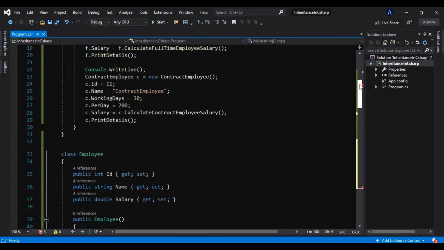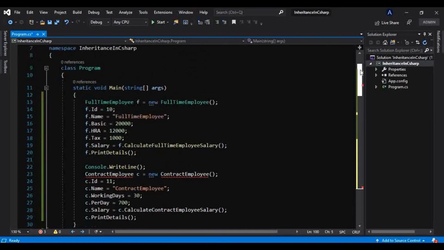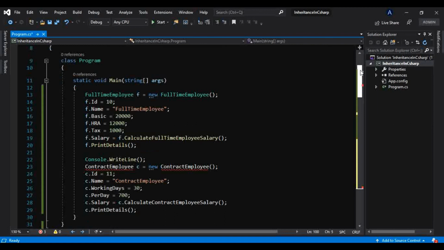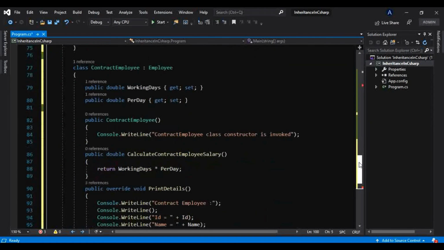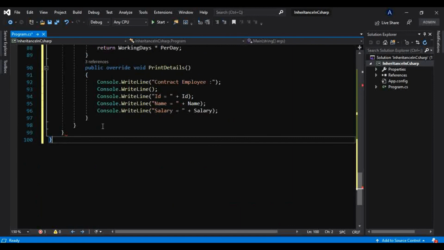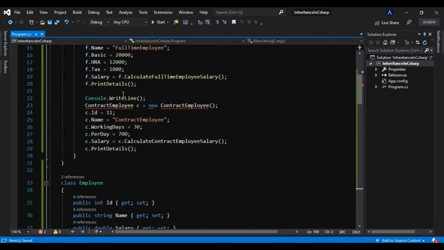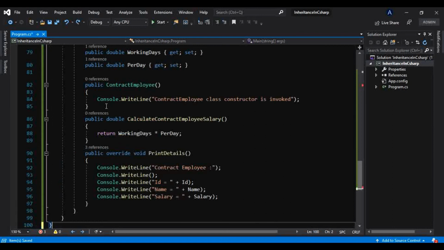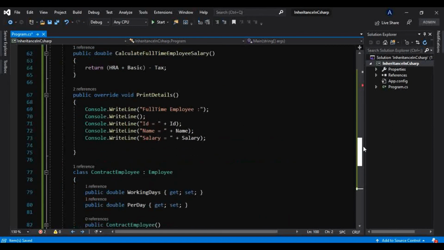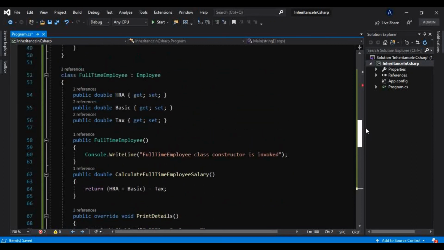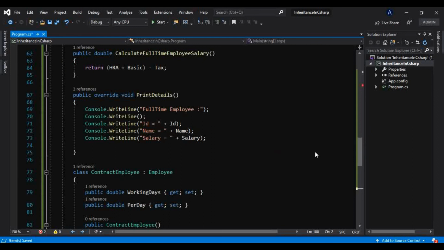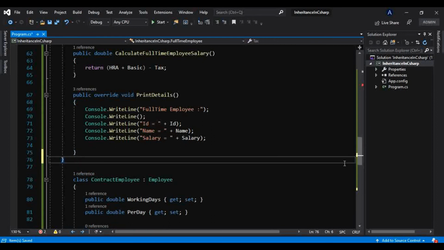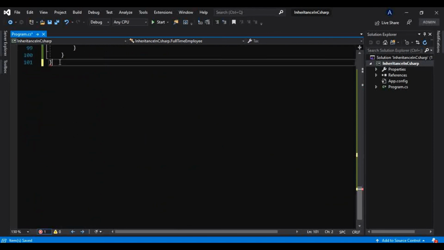But coming back to this concept, let me give a curly brace here, and we know we don't need this curly brace.